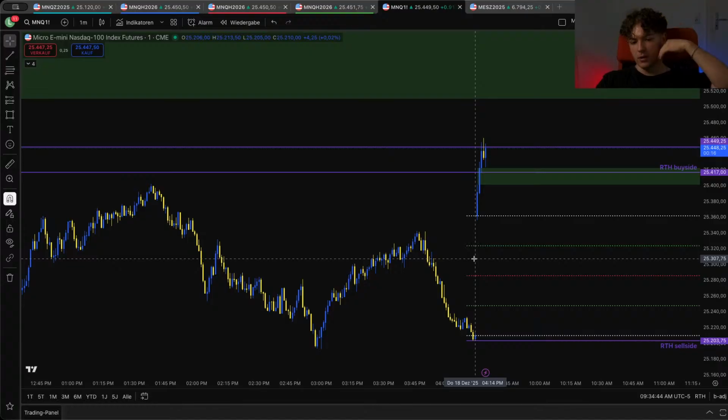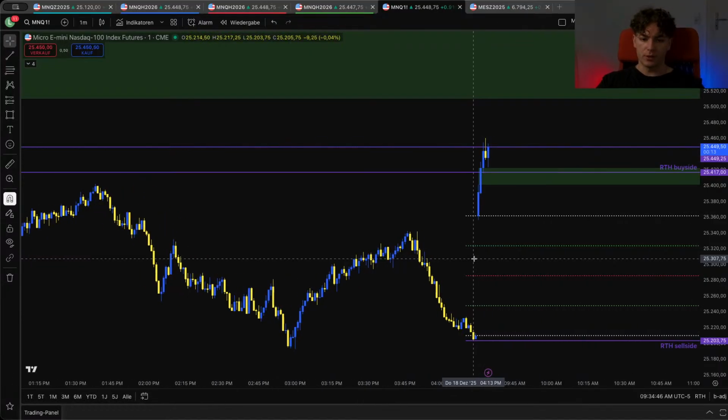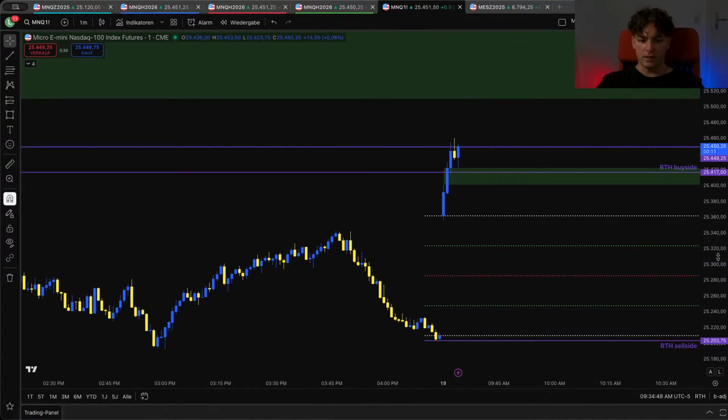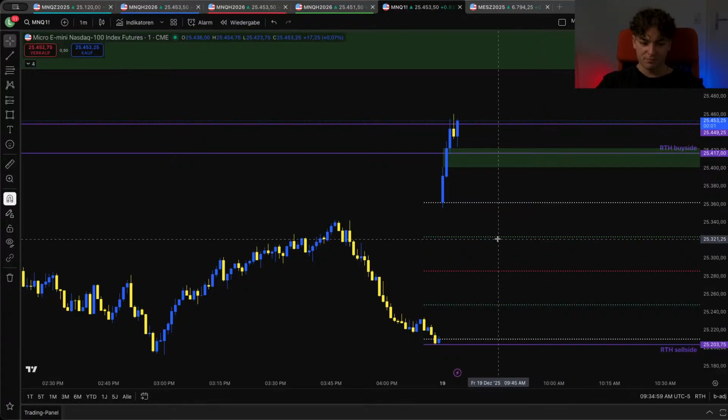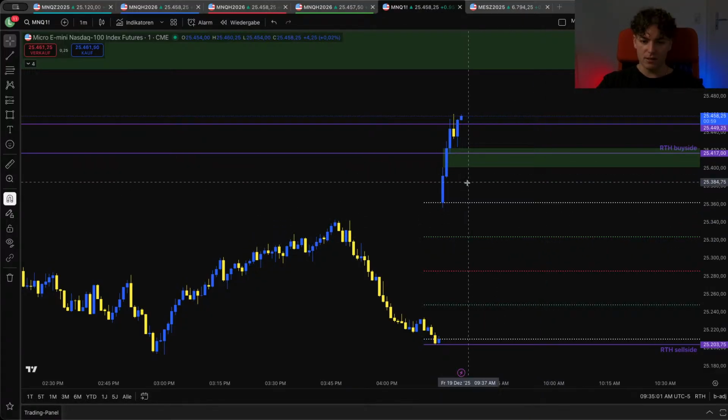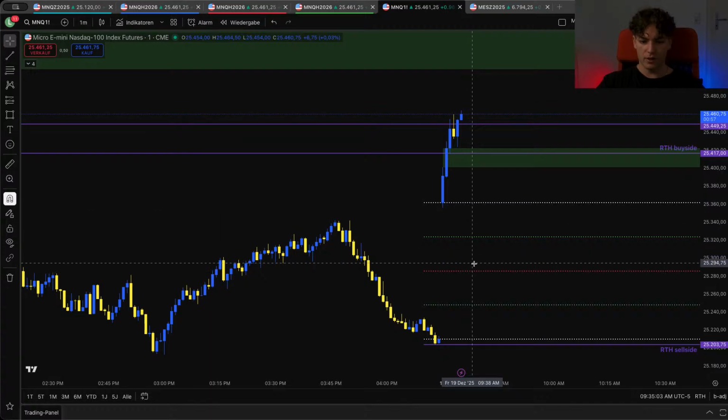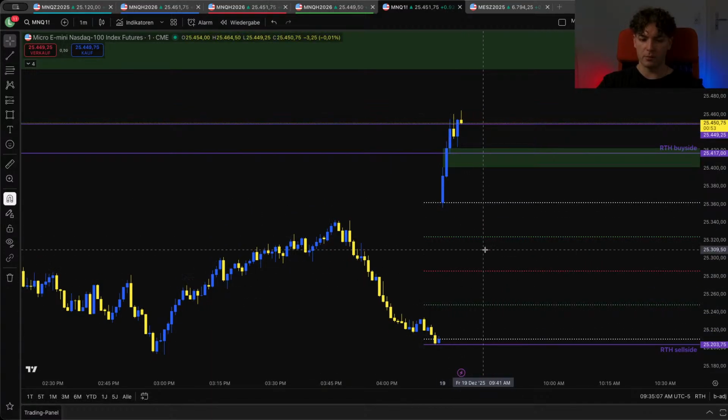Bro, okay, it's not always bearish, but you can take advantage of ICT's model. He says 70% of the times price is going to trade down into the midpoint of this opening range gap by 10 a.m. Okay,